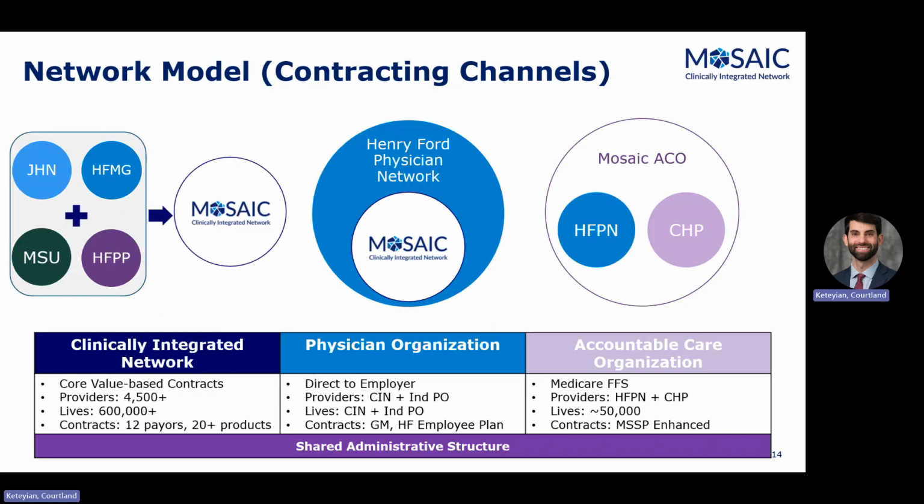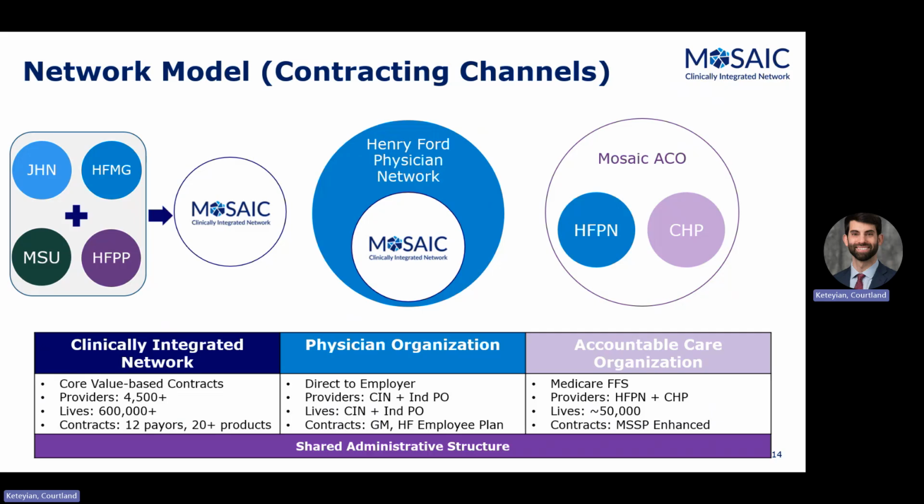I think this concept of the network models as an enterprise is really important to make sure that people understand. And there's actually three contracting channels, literally three networks that are affiliated with the Henry Ford system. So the Mosaic Clinically Integrated Network is the coming together of really four entities. One is the Jackson Health Network. The second is the medical group. The third is Michigan State and the employed providers at MSU. And then the fourth is Henry Ford Physician Partners, which is a type of